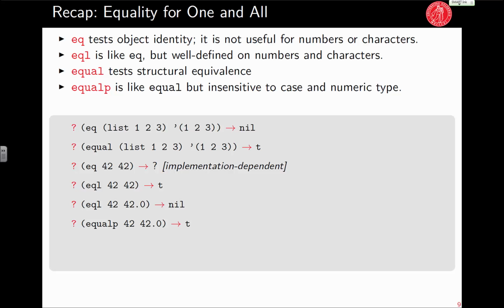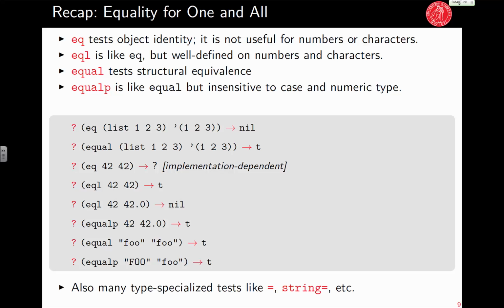EqualP has this sort of additional complication that it tries to accommodate some range of differences in otherwise equivalent structures or objects that can be meaningfully related to each other. For example, numbers of different types but equivalent numeric value, an integer and a floating point number, or strings that differ in terms of capitalization. Personally, I'm not sure I've ever used equalP. I would maybe rather write my own equivalence predicate than look up the corner cases that equalP caters for. And finally,